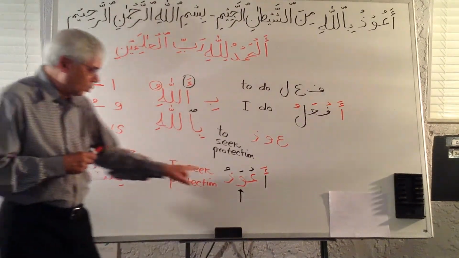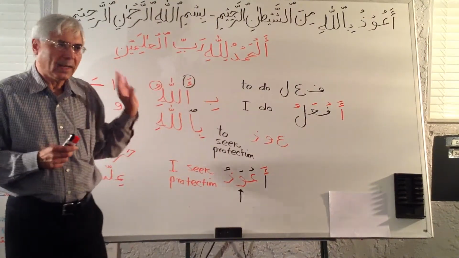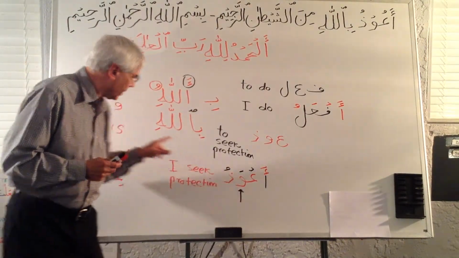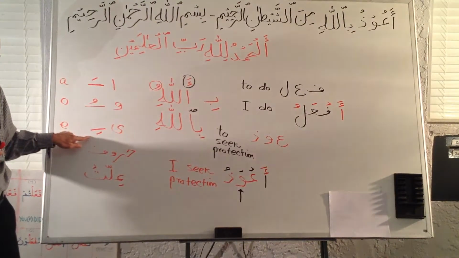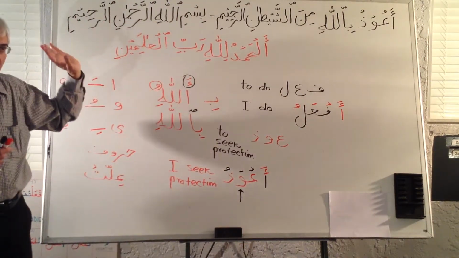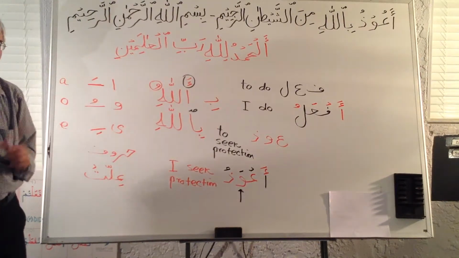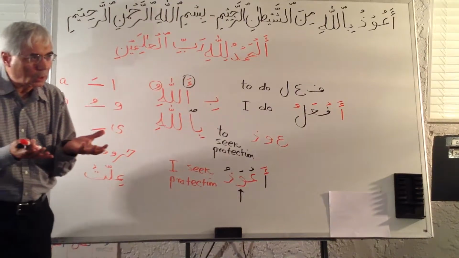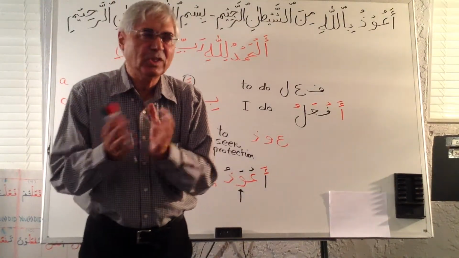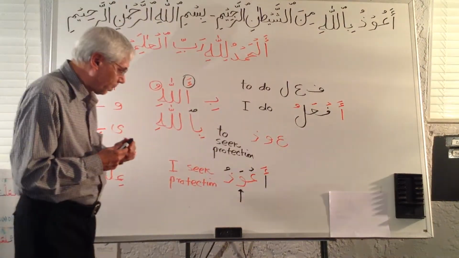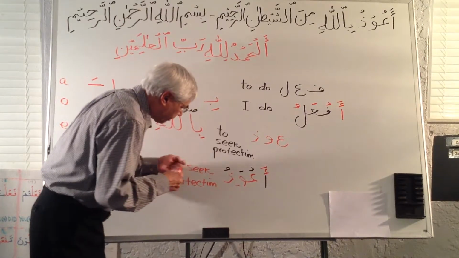So what we do, very important, and it will be happening a lot. Whenever we see a weak letter, any of these letters, with a mismatch here, and a lot of words will come in the Quran, we will have to fix those letters. That's the reason they are called weak letters. They are going to be changed. So what we do, very important, this is the way we do it.